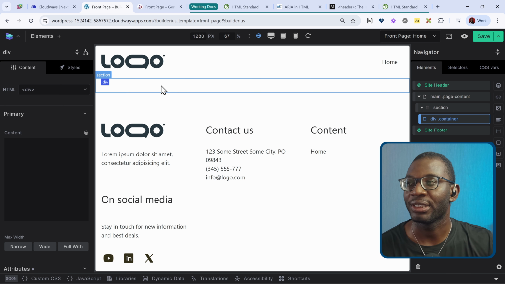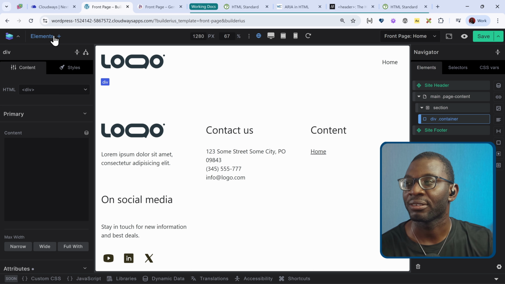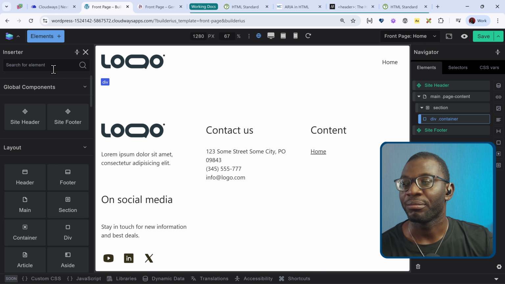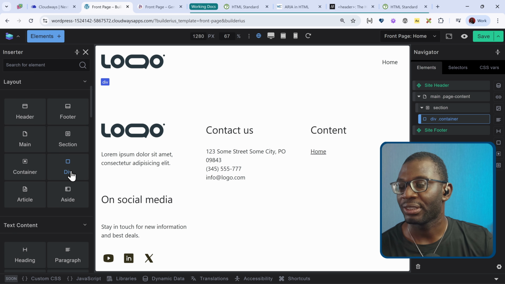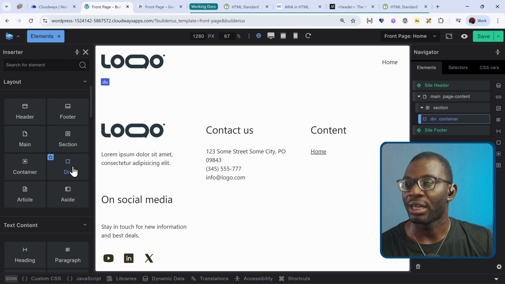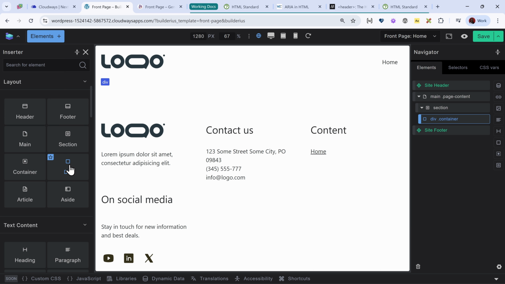So if I go back to the Elements inserter and I want to add maybe 2 divs, I can scroll down to the divs, hold the Shift key, and click on the div. Now the parent container is still highlighted, and every element I add is added as a child of that parent container.